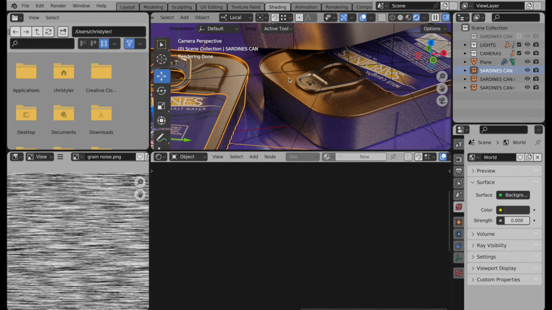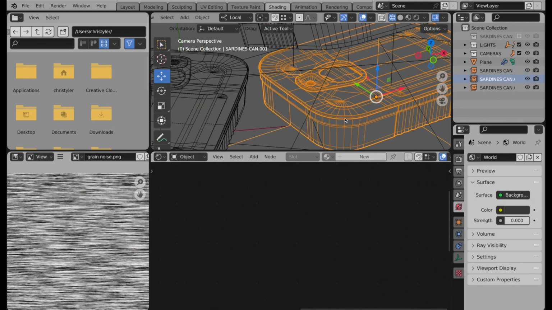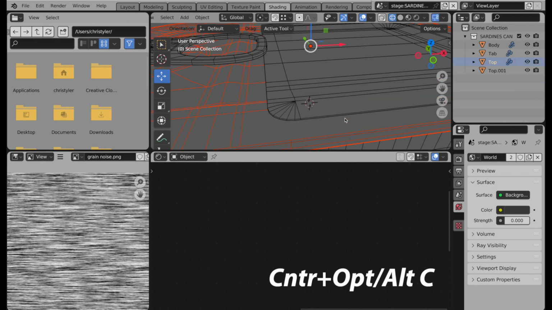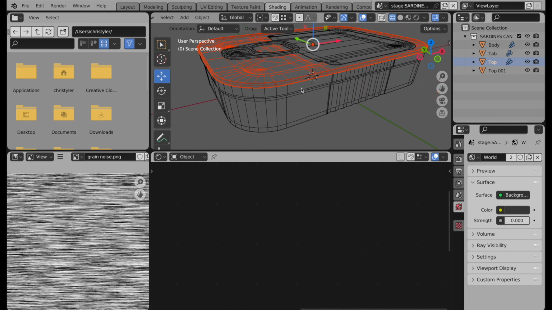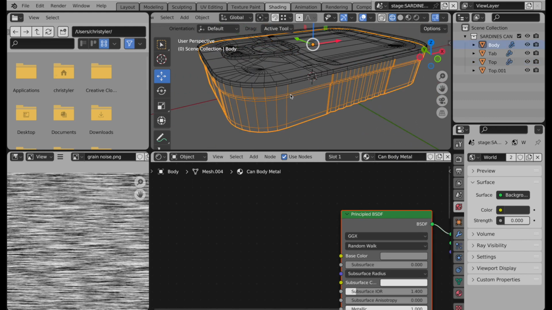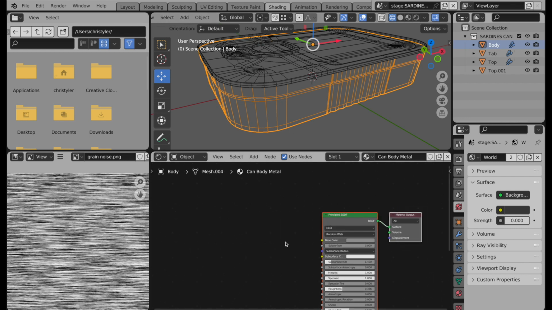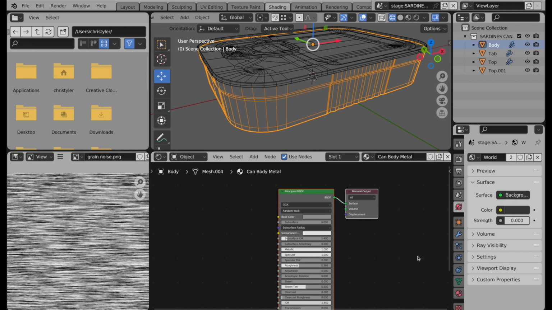Let's do the same thing now for the can bottom. Let's turn off rendering, select any of our instances, Control-Option-Alt-C to jump into our unique staged environment for the collection master. We will select this. Now, this is going to be a little bit of a unique way in how we're going to apply the material to this, but we're going to use the same process that we just used. So let's do this. We're going to apply this not using a UV map, but we're going to use a